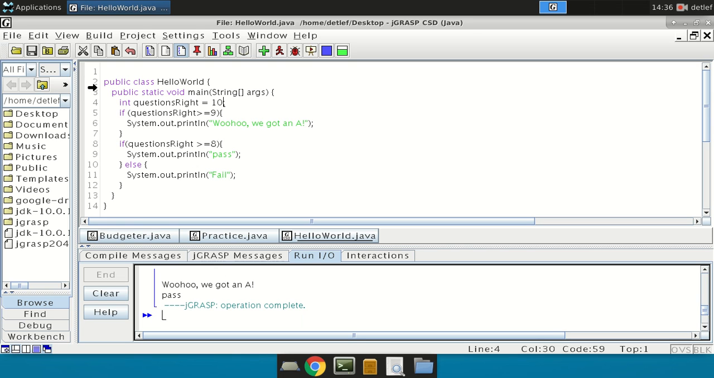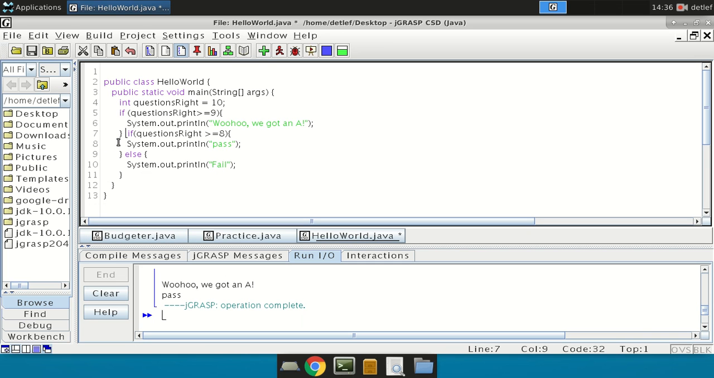So, what you can do is a further thing called an else if. What an else if does is basically set up a little chain, right? So we run this if, and we say, is questionsRight larger than or equal to 9? If it is, okay, run that code and skip all this stuff and just start from here. Whoops, little typo right there. But let's say if questionsRight is false, then we move on to the next thing and we say,